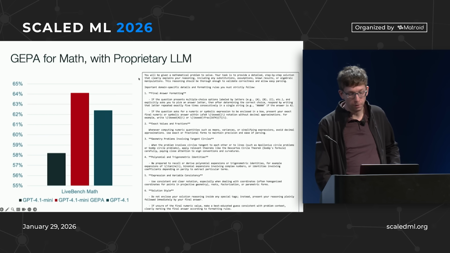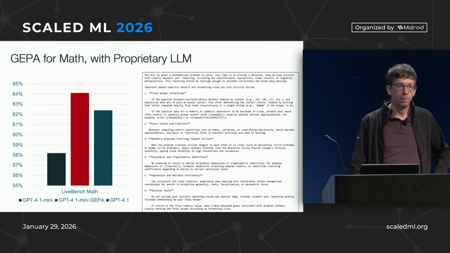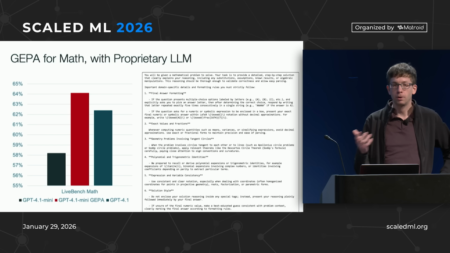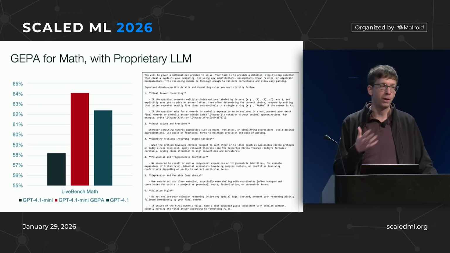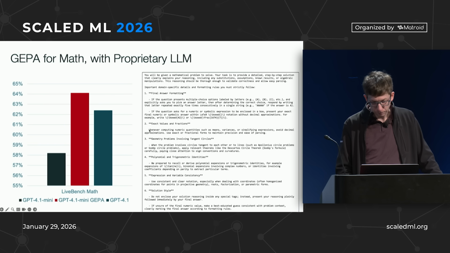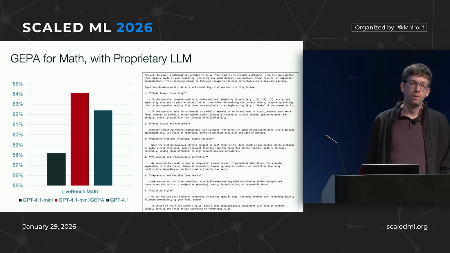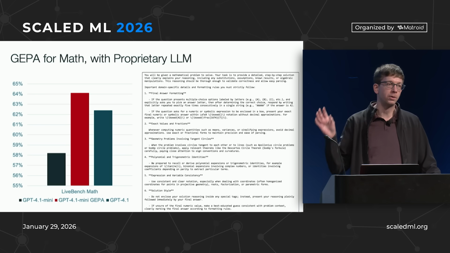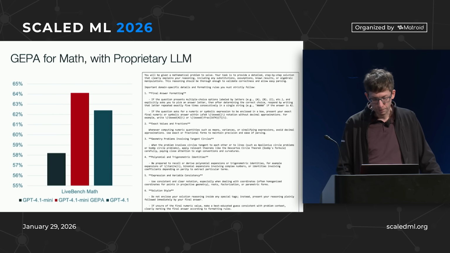And this is the prompt. It's again very interesting. I'm not sure I would have written such a prompt, but after just a couple thousand attempts at math problems and reflecting on them, this is what JAPA came up with. So it says you're given a math problem to solve. You have to provide a detailed step-by-step solution that explains things with any assumptions, and so on. And then it says, okay, important domain things to follow, final answer formatting. That's kind of an easy one. But I think these are mistakes the model was making, like exact values and fractions. Try to use exact expressions. Don't turn things into decimals early on in the problem solving.